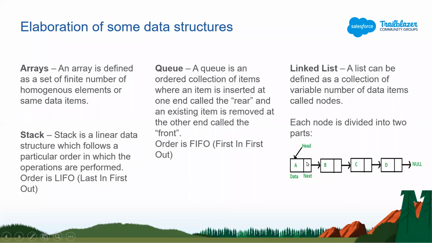In a single node, there are two sections, one is data and the second one is the pointer to the next element. So for example, in the first node, element A is stored in the data section, and the next pointer is pointing to the next element. So it's easy to maintain this list in memory. For example, in the future, if I am fetching this list, I'll know that nodes which are connected to each other, we need to fetch them.